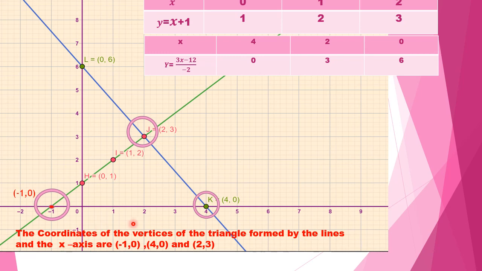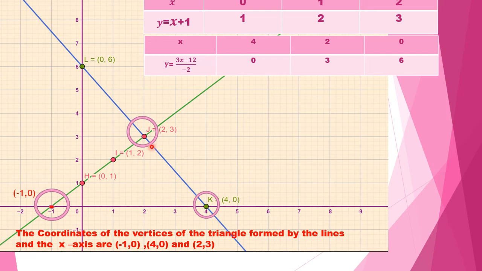On the x-axis, you can see that we have taken 1 unit is equal to 1 centimeter. And on the y-axis also 1 unit is equal to 1 centimeter. Now, we'll pick up the pair of coordinates from the first table and plot it on the graphical plane. Here you are seeing the first pair is 0, 1, which is represented by point H. The second pair 1, 2 is represented by point I and the third pair 2, 3 is represented by point J. Join the points H, I and J.